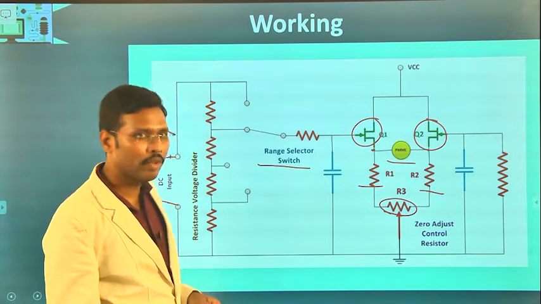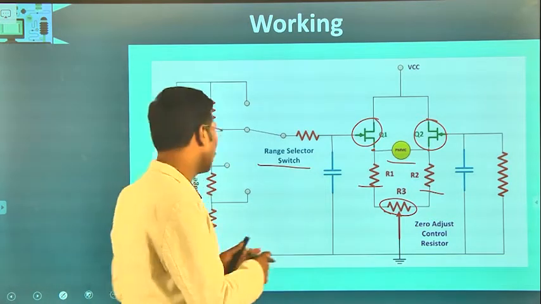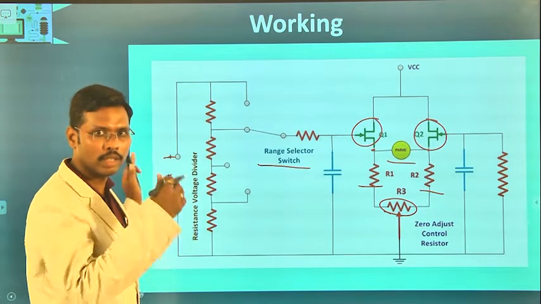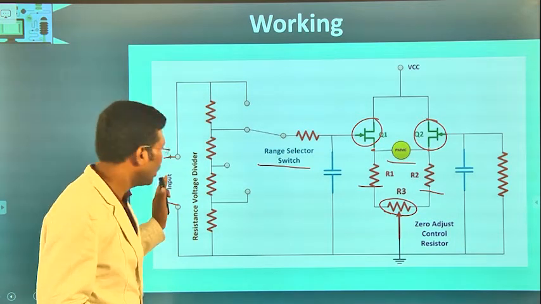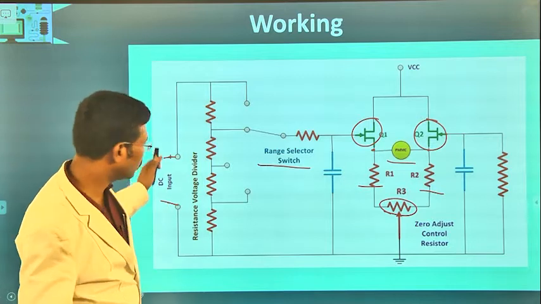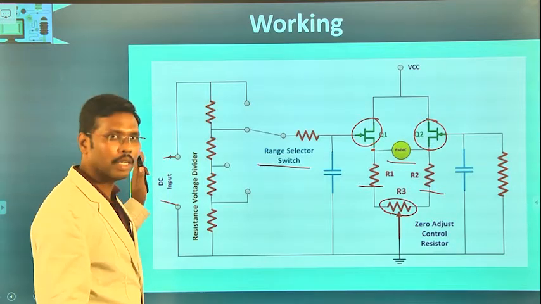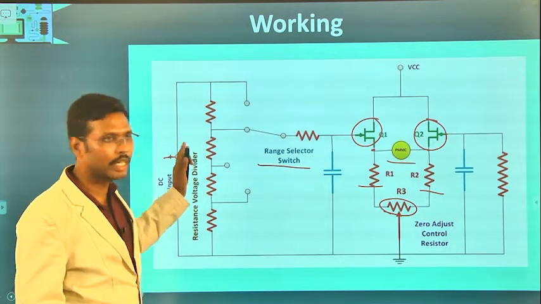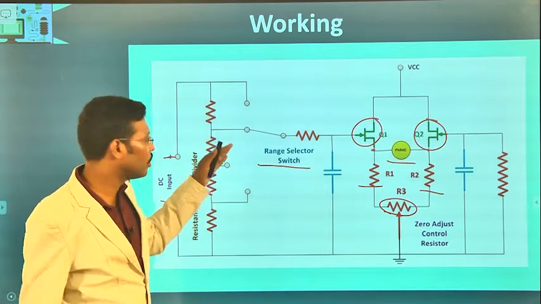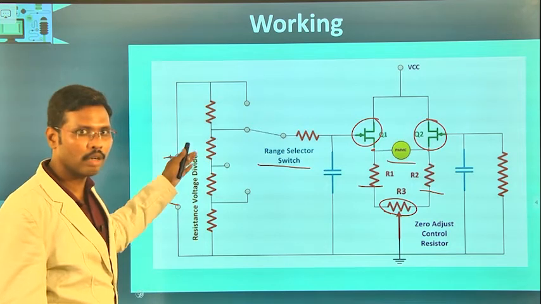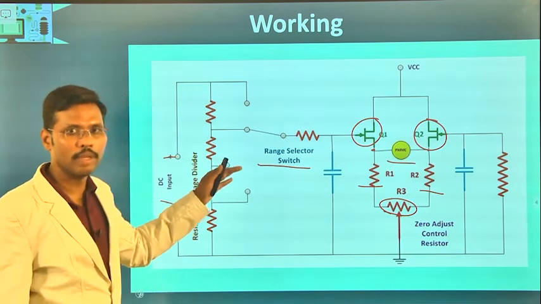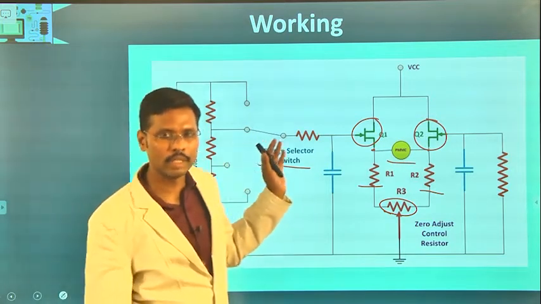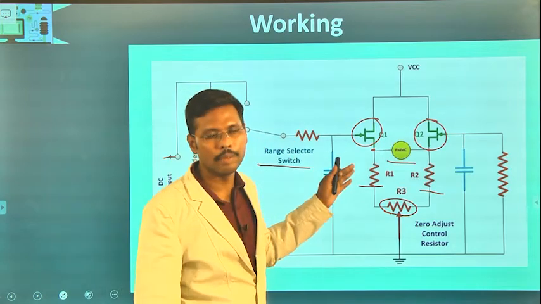When we apply any input signal, when we are going to measure any input parameter, the two probes of the multimeter will be connected across the quantity to be measured, and a voltage will be generated. Accordingly, we select the range selector switch, and across this resistor there will be a voltage drop, which correlates with the input parameter to be measured. That voltage drop is carried forward and used in the bridge circuit for measurement of the